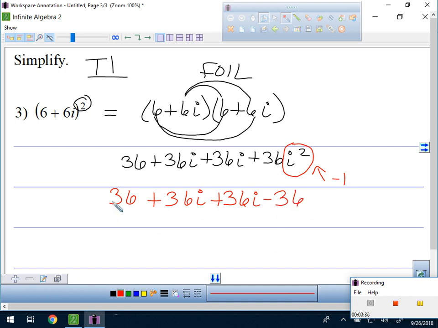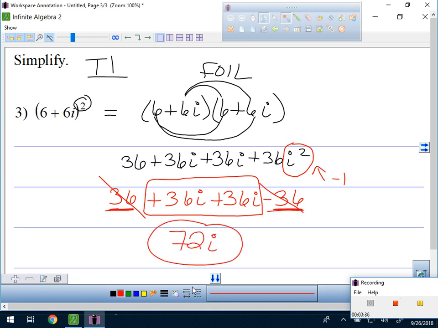And then combine your like terms. Well, you notice 36 minus 36, that cancels out. That's right. And then 36i plus 36i, that'll be 72i. So that's good. Good review. So far, 3 questions. We're halfway through with test 1, but that's test 1. All right. For question 4,